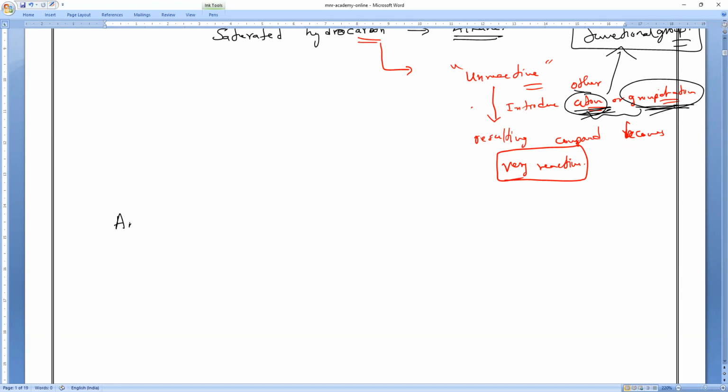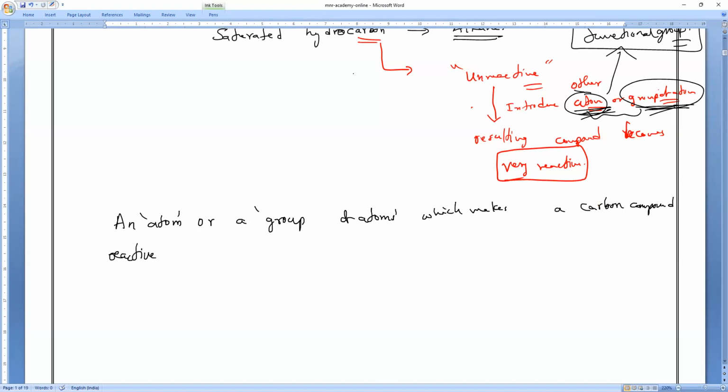So an atom or a group of atoms which we are introducing, which makes a carbon compound reactive. Carbon compound, also call it as a what? Organic compound. Please listen to that. Remember that. Reactive and